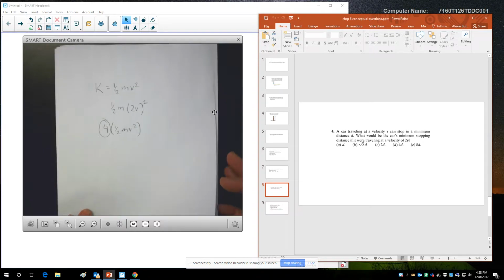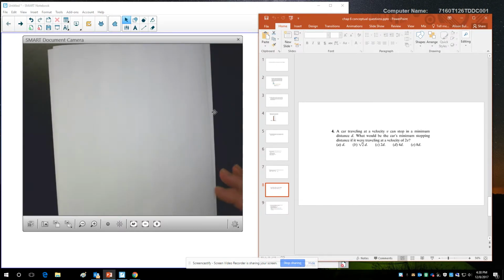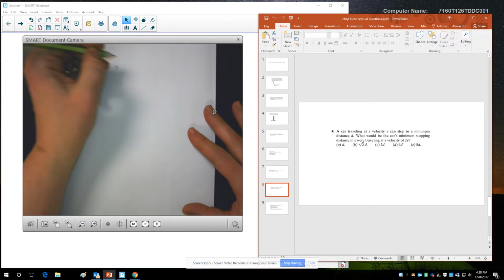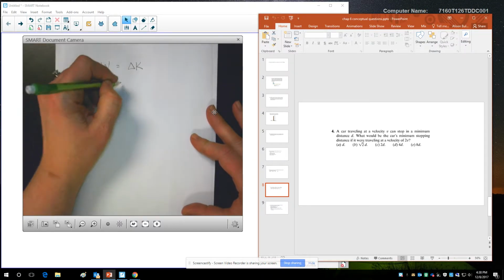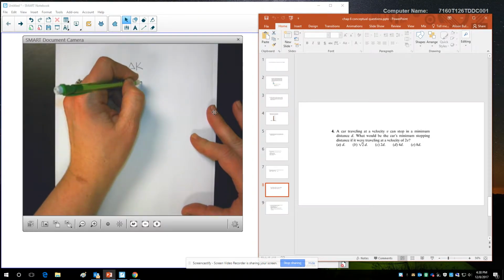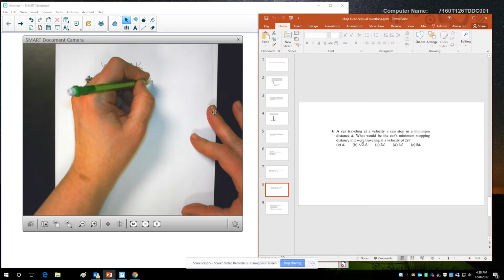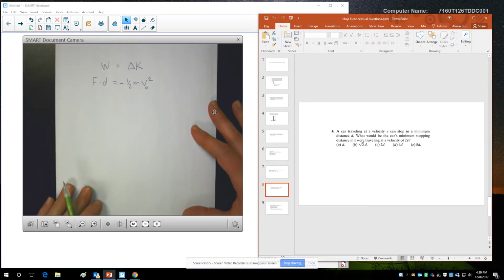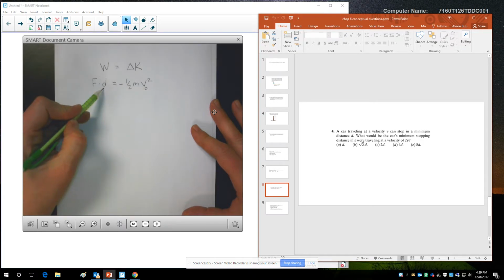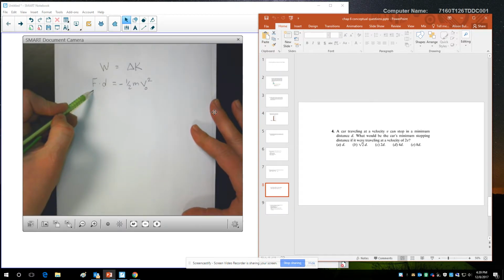I think we also talked about this question in class. A car traveling at velocity v can stop in a minimum distance d. And so we're thinking work done in stopping is equal to the car's change in kinetic energy. What would the car's minimum stopping distance be if it were traveling at twice the velocity? So we're thinking force times distance equals half mass times ending speed squared minus starting speed squared. It comes to a stop, so that becomes negative half mass times starting velocity squared. So we're looking at starting velocity versus sliding distance, assuming that the force causing it to stop is the same